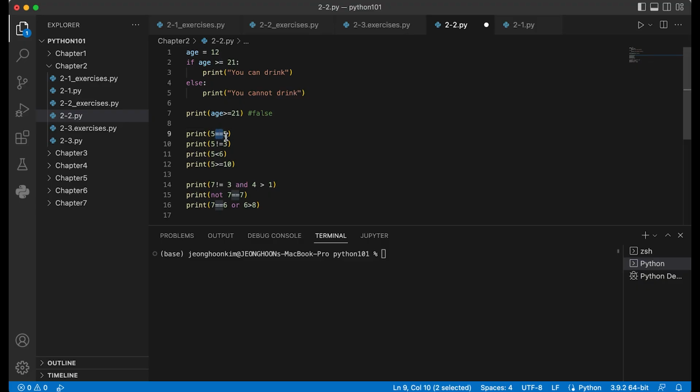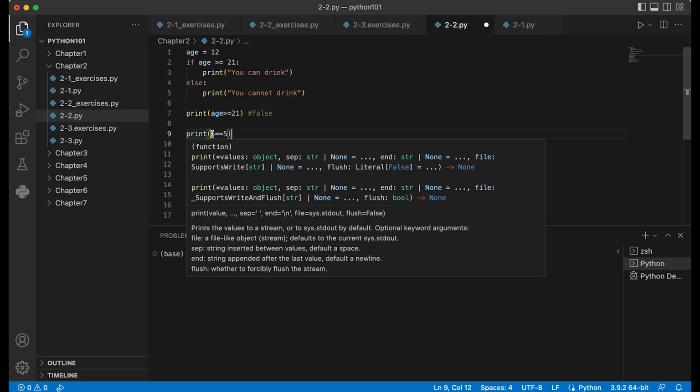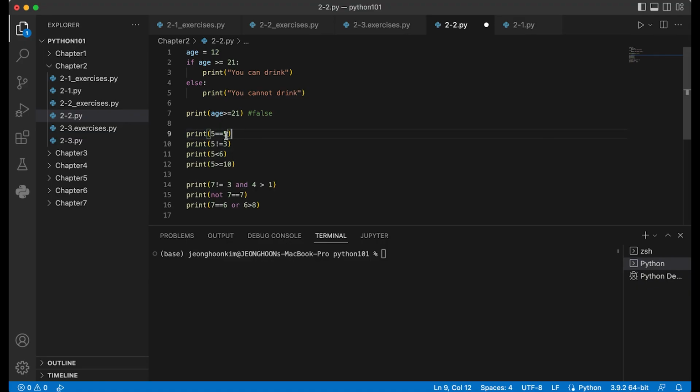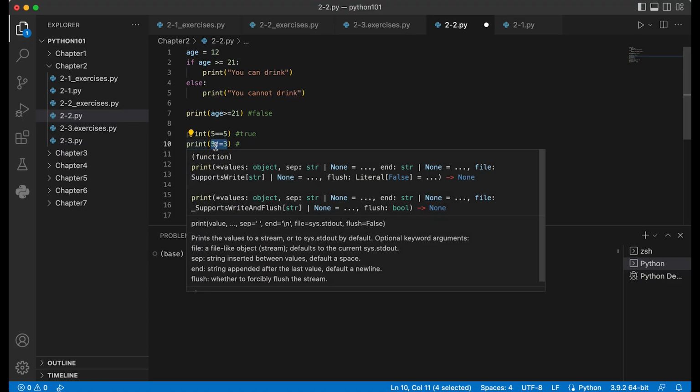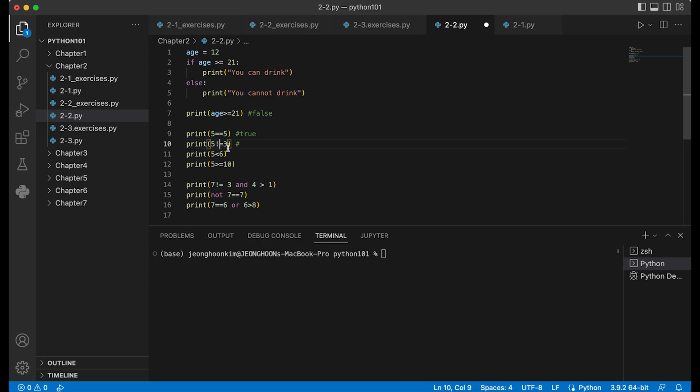Similar to that, we've learned the comparison operators. This double equal tells true or false if both sides are the same or not. So 5 equals 5 will return true. And this one will return true if both sides are not the same. If they're the same, it returns false.